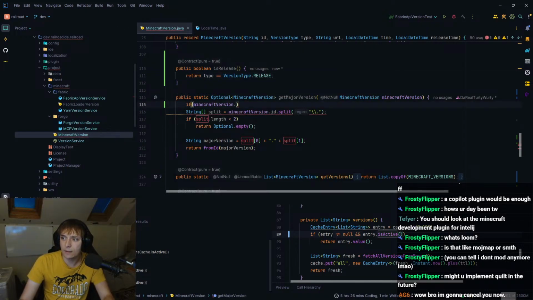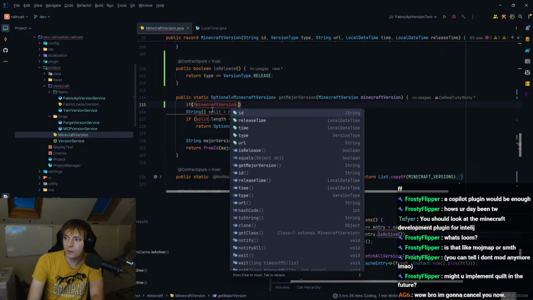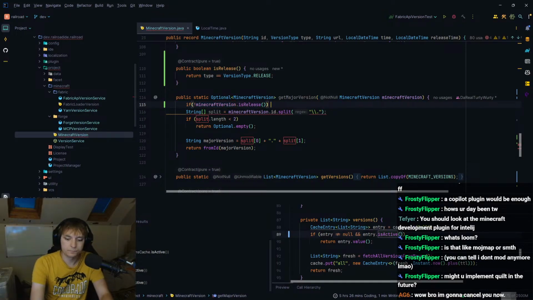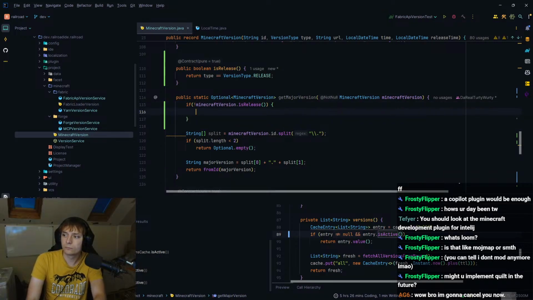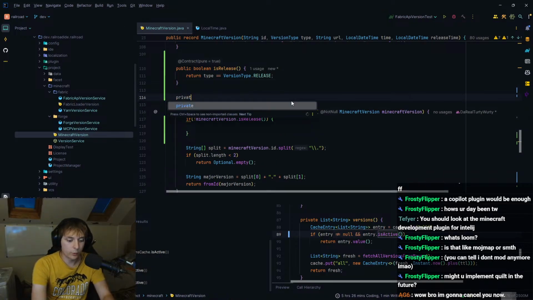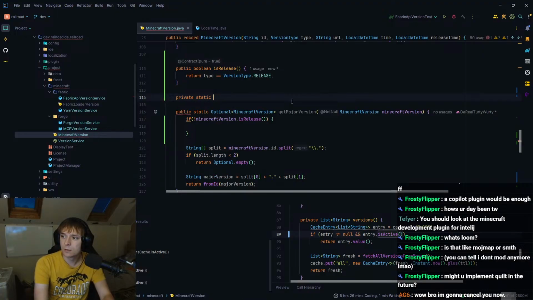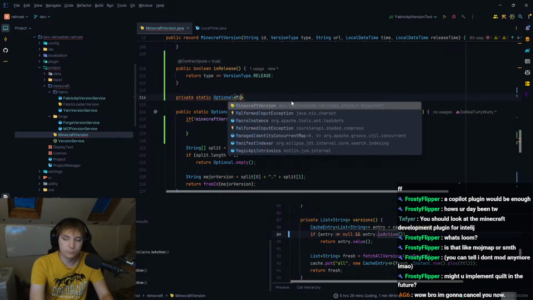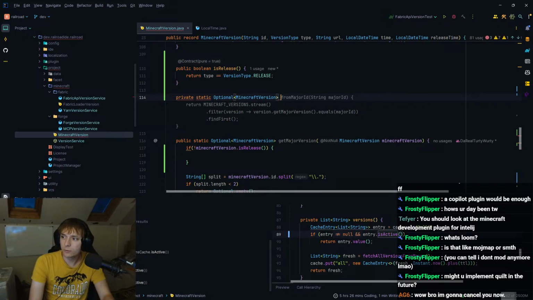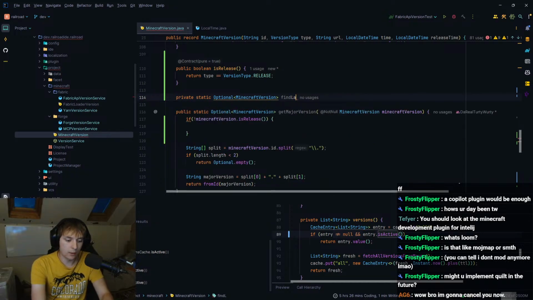And then I can just say in here, if not isRelease, then what we're going to do is we're going to create a private static method, technically an Optional of MinecraftVersion, findLastRelease.